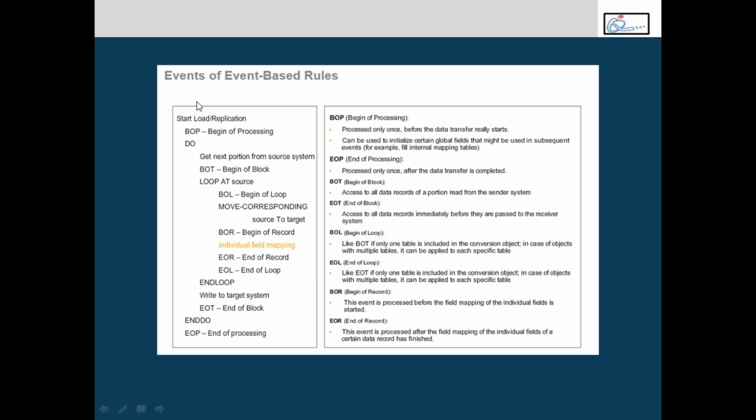See, in BW you have start routine first, then the individual field level rules, then end routine. Same way, when it is event based, there are different sets of events where the data can be processed. So begin of process is the initial stage where the SLT processing is started up, and then begin of block. Once the processing is started, it extracts data portion by portion, so block by block. So beginning of each block or beginning of each portion,